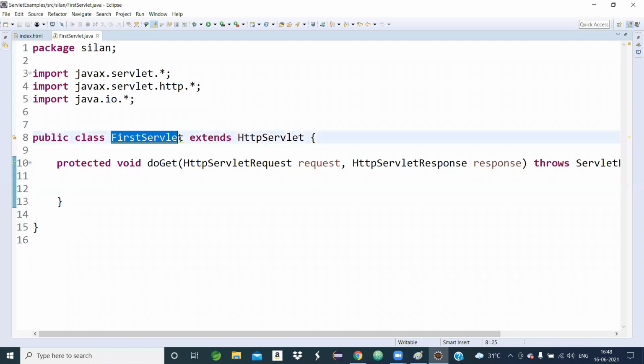Your class name is FirstServlet, then the extends keyword. We have already studied that extends is meant for inheritance.